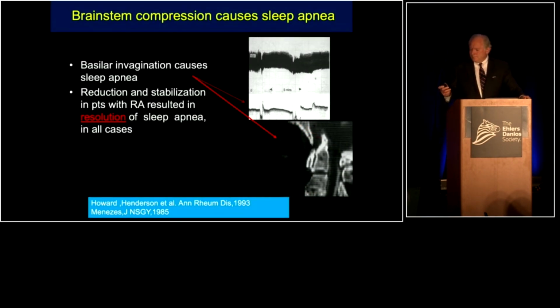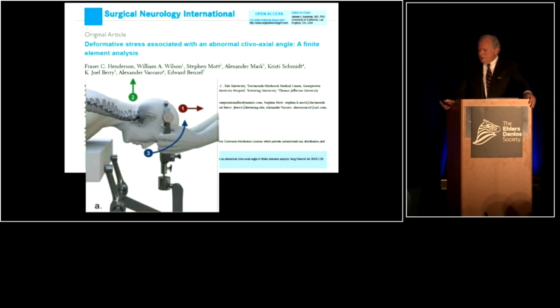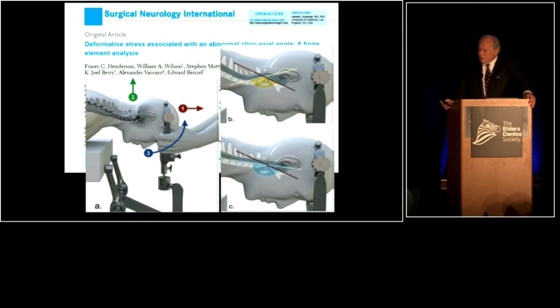And then in 2010, we looked at this from an engineering point of view, and we developed a finite element analysis model, a mathematical model of the brainstem and spinal cord to mathematically predict whether the stretching and deformation would reach pathological levels. And in this study, we applied traction, and we straightened out the neck,